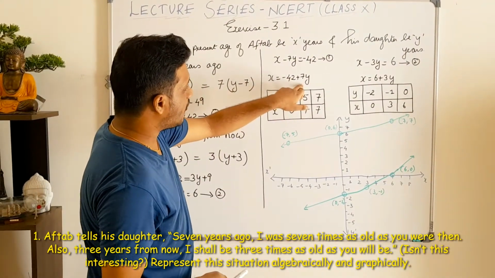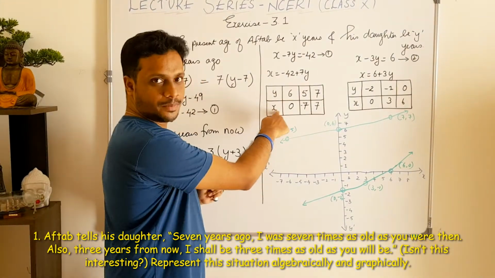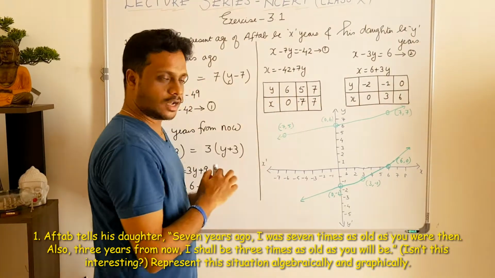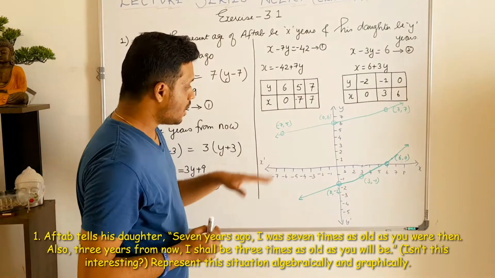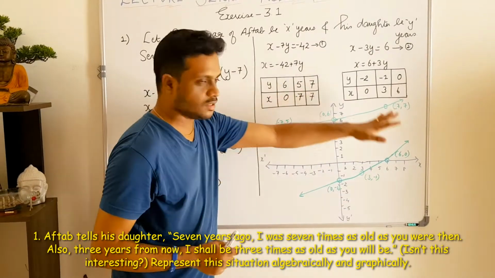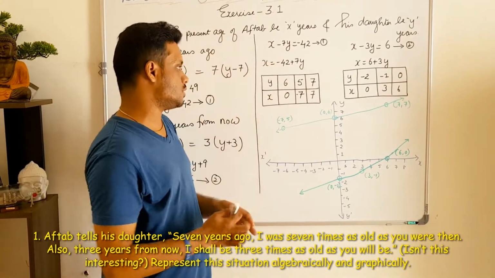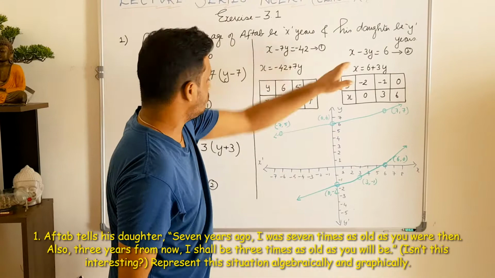And here, since I have taken y to the other side, my y becomes the independent variable and x becomes the dependent variable. So I substitute different values of y and obtain the corresponding values of x. The reason for choosing 6, 5 and 7 here is I wanted to accommodate the points within this graph limit. So I have taken these points. It's your convenience, you can even take other points. So this is the value that we get, and this is the second equation from here.